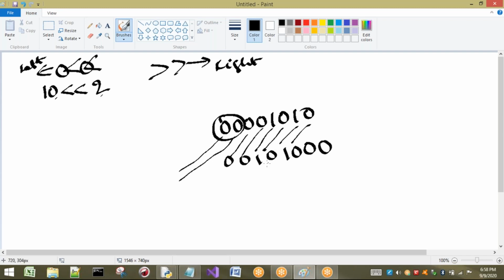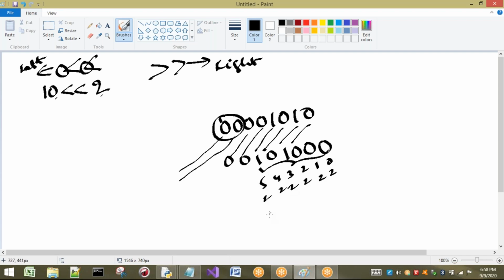I will give you a small logic for this one so that you can understand clearly. Now I want to find this value. So this is the 0th location, first location, second, third, 4 and 5. So 2 power 0, 2 power 1, 2 power 2, 2 power 3, 2 power 4, 2 power 5.